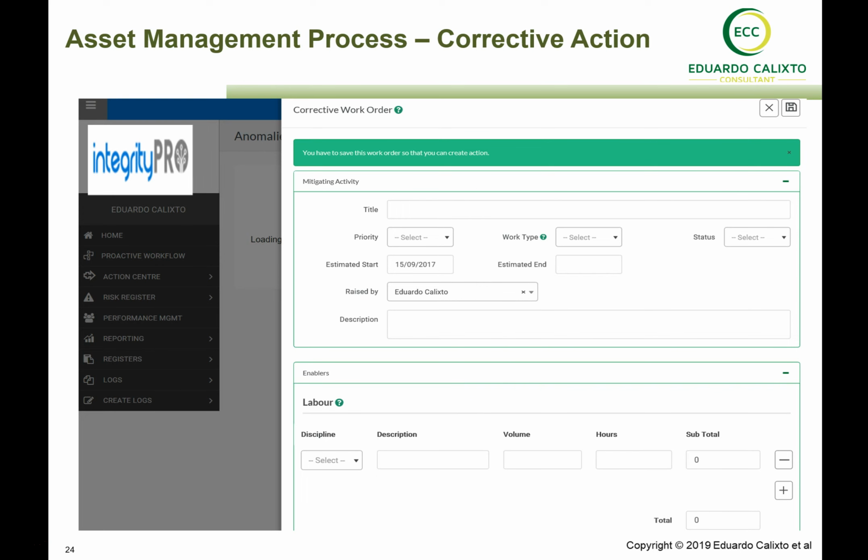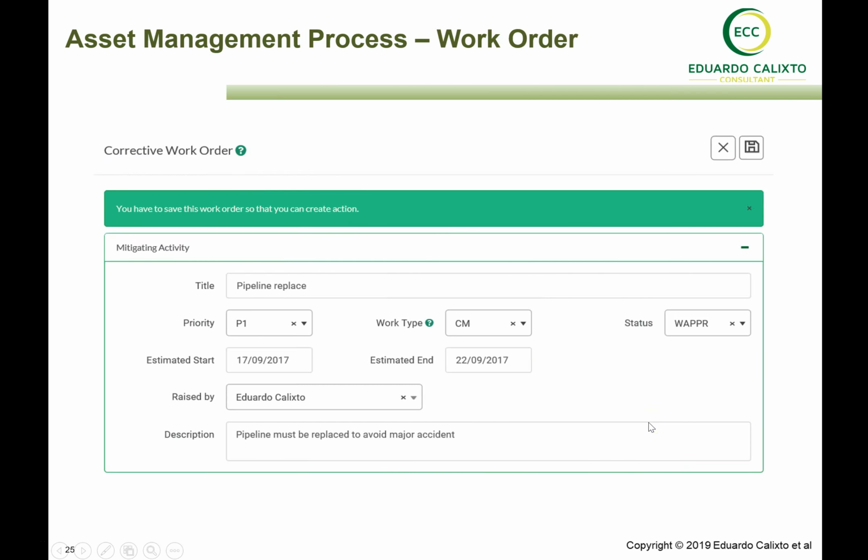So as long as the manager approved the mitigation action, they can open a work order. And of course, they need to fill in the title when they start this action, describing that you need to replace some pipelines, and you need to put the discipline, how many, and describe the group of actions that need to take place. So here, for example, pipeline replaced, priority one, work type is corrective maintenance, preventive maintenance, the status